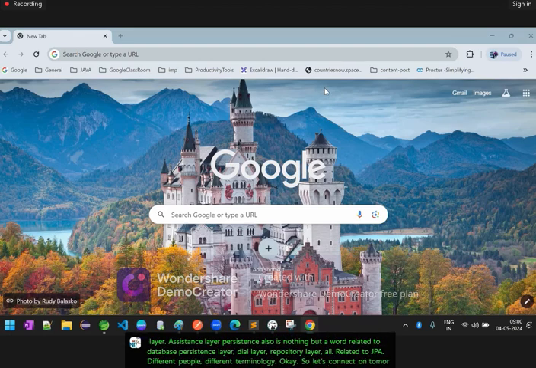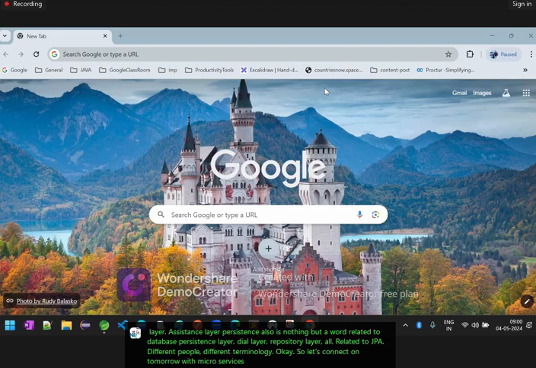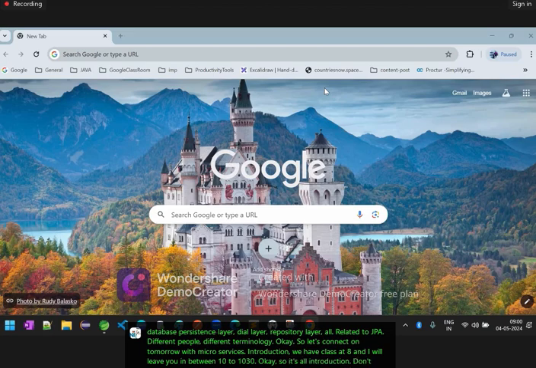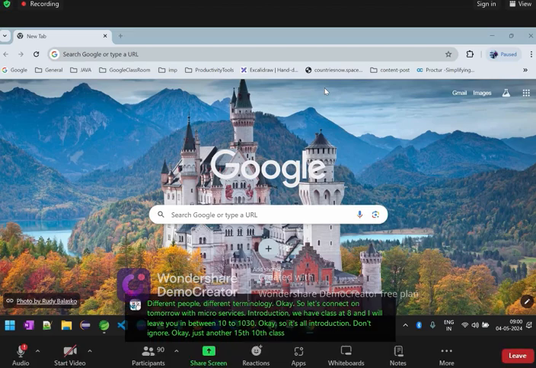So let's connect tomorrow with the microservices introduction. We have class at 8 and I will leave you between 10 and 10:30. So it's all introduction. Don't ignore it. Just another 12 classes and we'll complete the microservices. We will see what we can do. So is it okay? For example, I will arrange a class